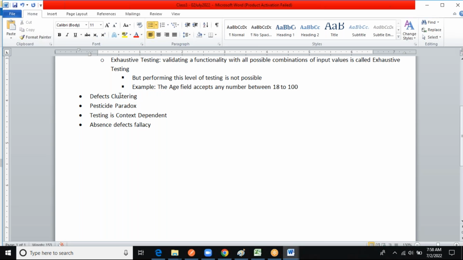So defects clustering: whatever defects are identified need to be grouped. On what basis? They need to be classified. On what basis? There can be types of issues. What is this principle telling? This principle is suggesting the testers to group